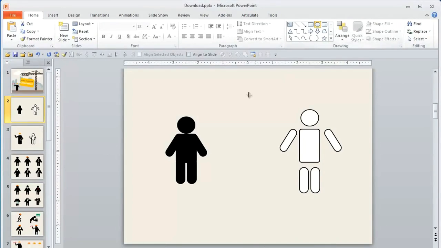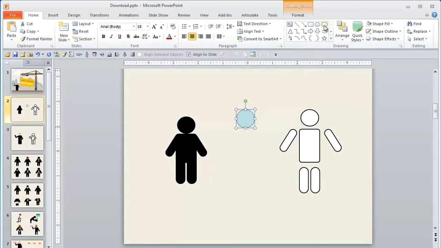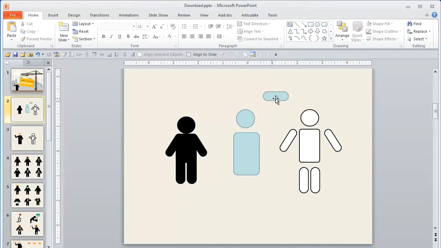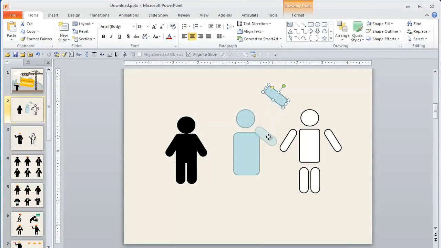I'm just going to go and grab my circle tool here, put a circle there for the head. I'll go grab my rounded rectangle, size it about like that. Now with my arms and legs, I'm going to grab that same rounded rectangle, and I'm just going to take this little adjustment icon here and drag that as far as I can to the right, and that gives me that fully rounded shape on both edges. So now I'm just going to use my rotation handle here, rotate my arm for this